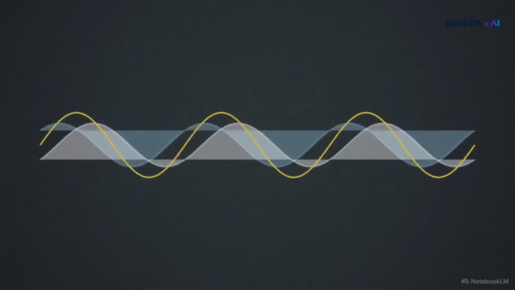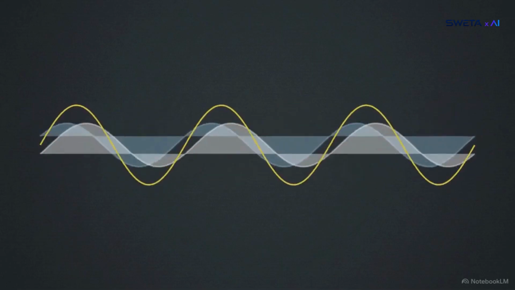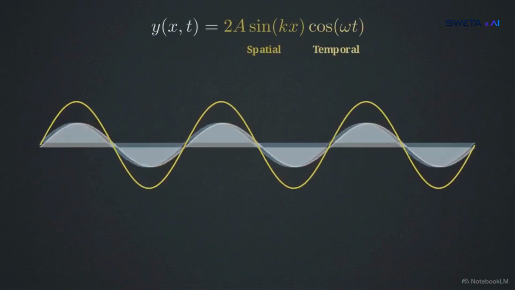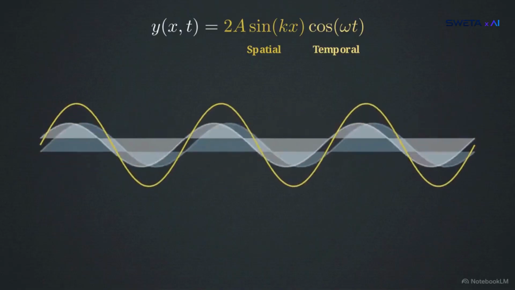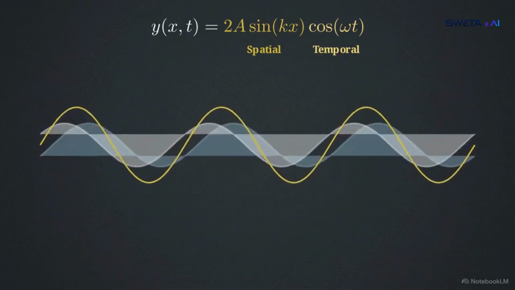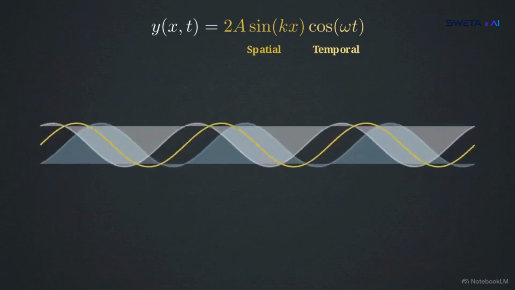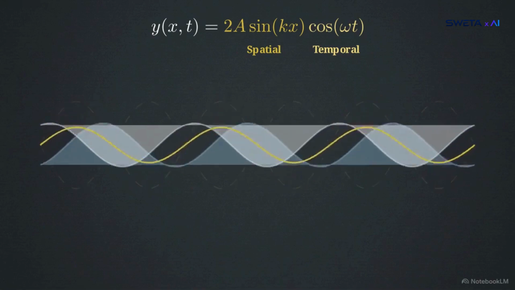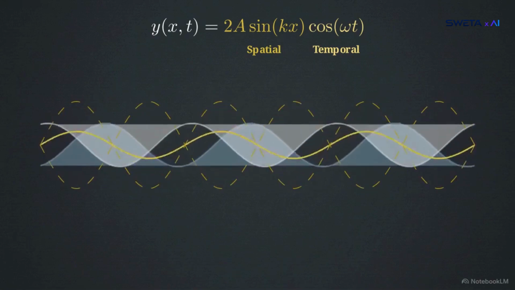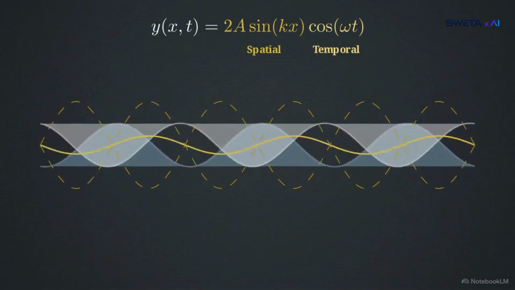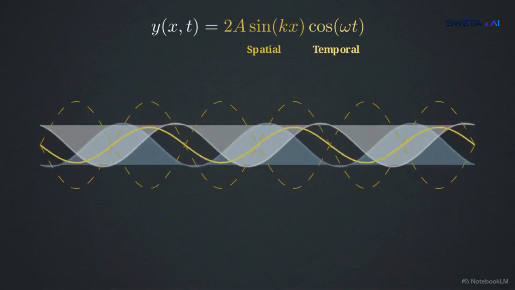Through the continuous superposition of two identical waves traveling in opposite directions, a standing wave emerges. In the equation for this standing wave, the spatial component, kx, and temporal component, omega t, are no longer locked together. They are split into isolated sine and cosine functions. Because the spatial envelope described by sine kx is mathematically fixed, a standing wave no longer transfers energy from one point to another. It creates nodes,